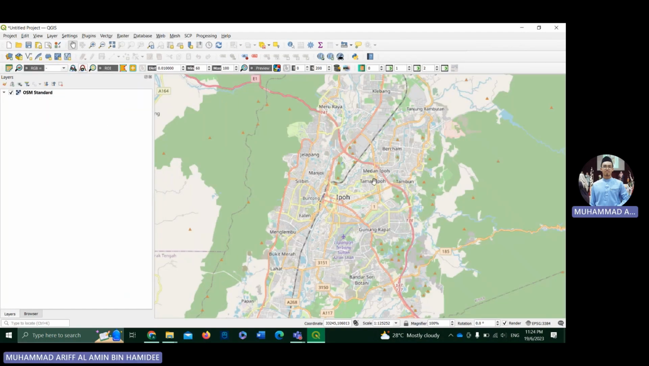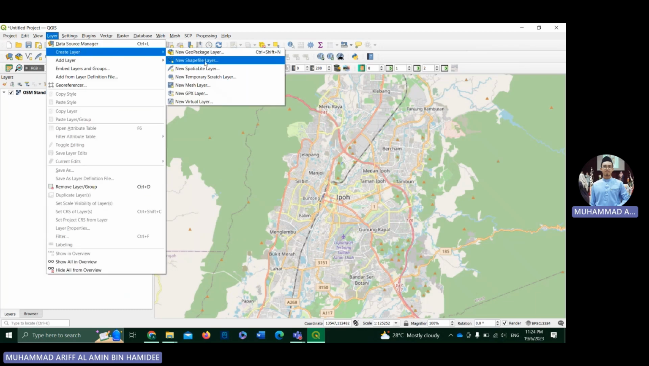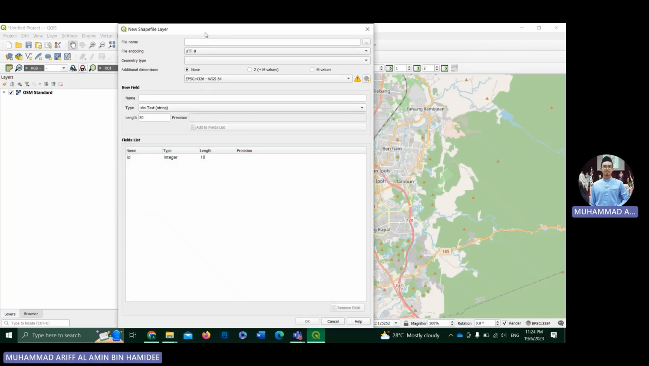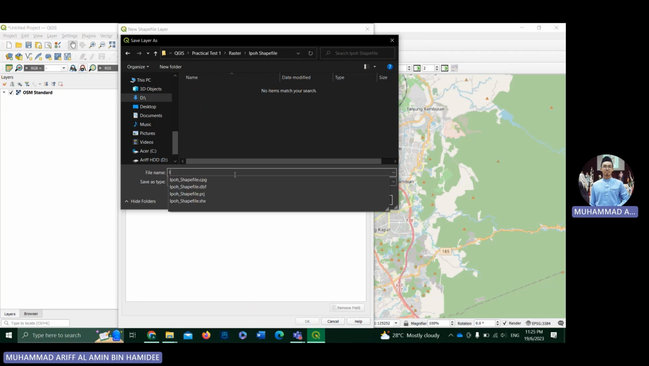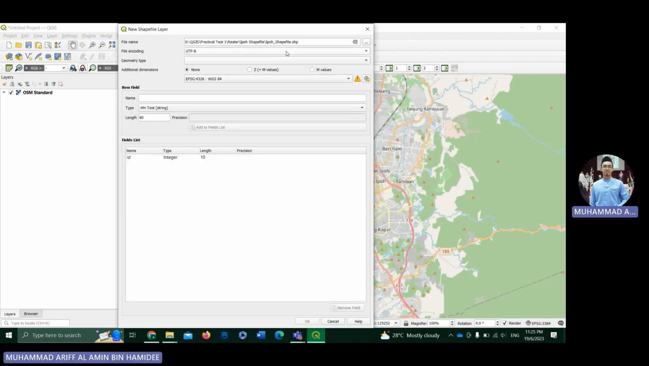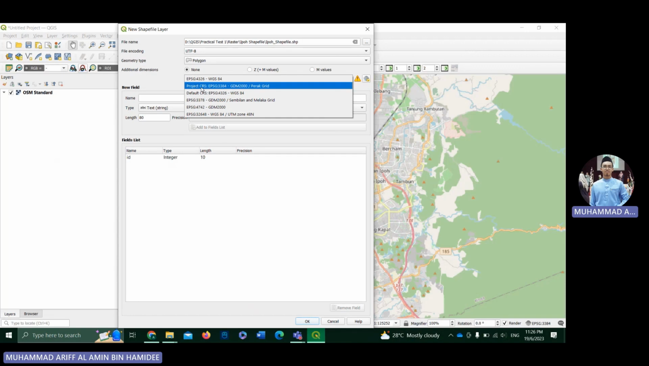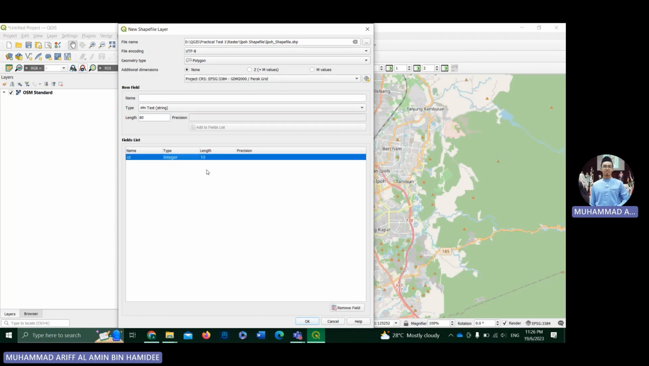And then we need to go to the layer tab, then create layer, and select new shapefile layer, and a pop-up will appear. The first thing is we go to this three dot button and IPOH shapefile. I will rename it as shapefile and then click save. Next, make sure that our file encoding is set to UTF-8 and the geometry type is polygon. For the additional dimension, we choose project CRS for Perak grid,